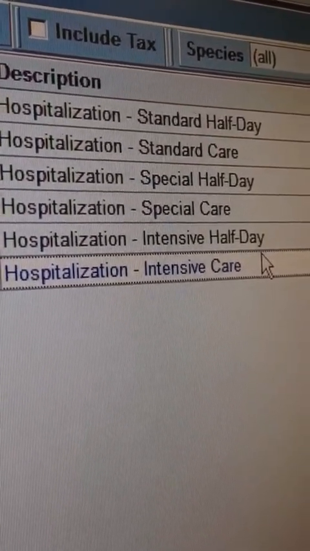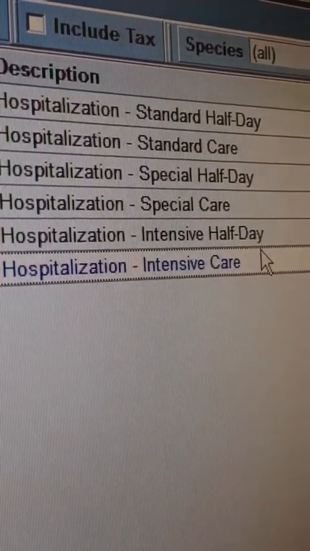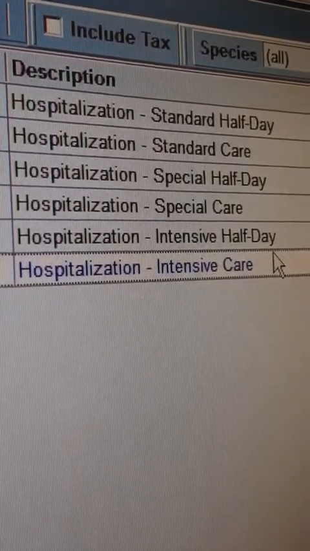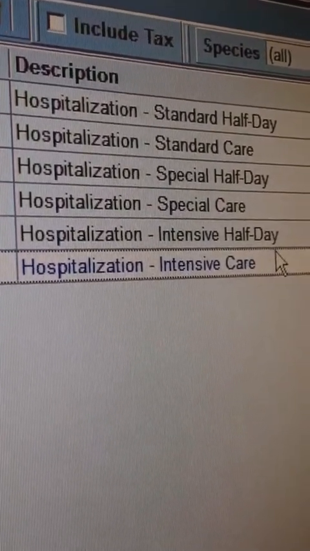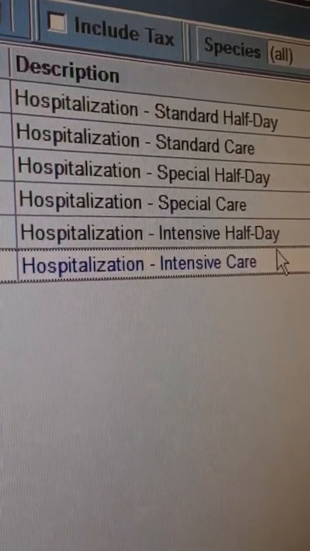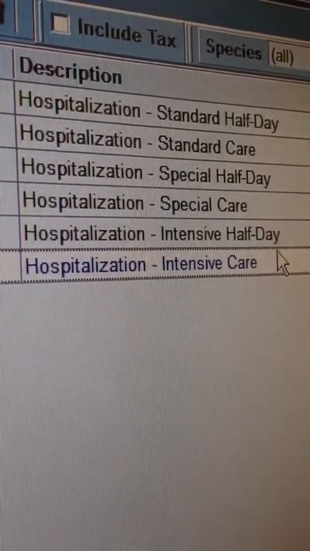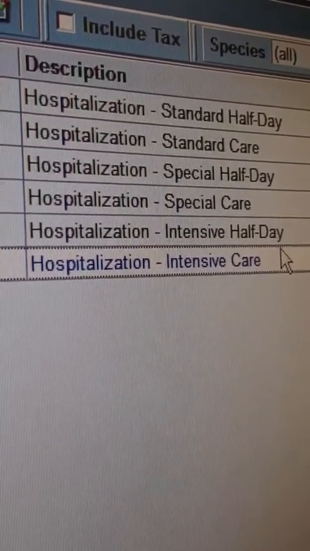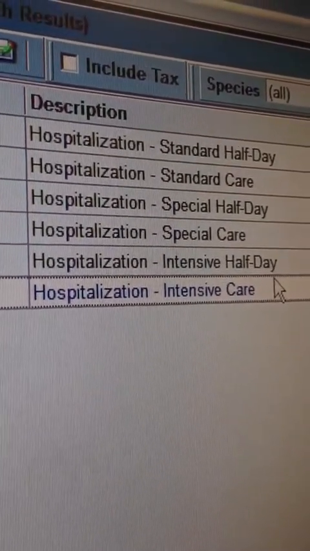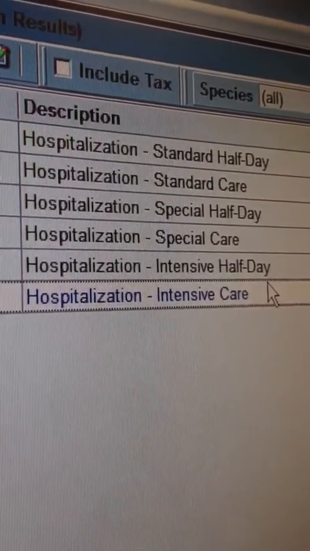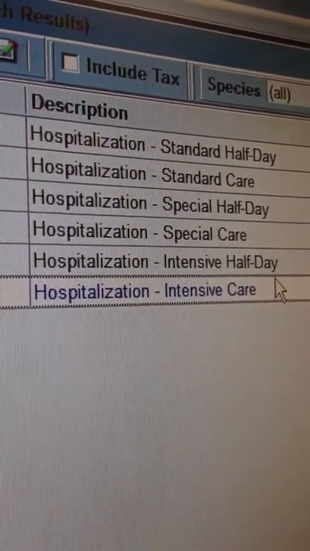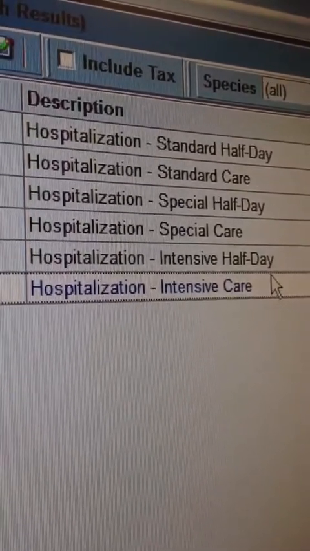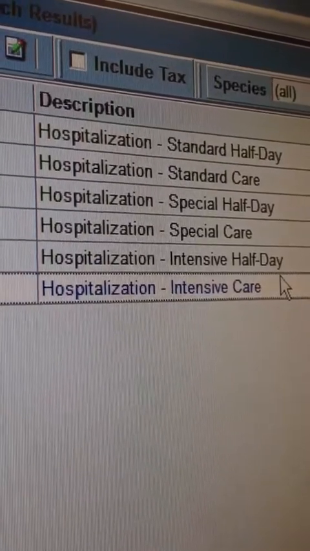Anytime an emergency estimate is signed by a client, it's safe to say that that patient is also going to be charged for intensive care hospitalization, but that can be left up to the doctor's discretion on shift. Not every time we get an emergency estimate signed means that it's going to be an intensive case overnight. So that's going to be a judgment call with the emergency estimates. But general rule of thumb would be anything that gets put in oxygen or anything receiving blood, plasma, or antivenin, or animals that are getting serial ECGs overnight and that sort of stuff, that would all be considered intensive care